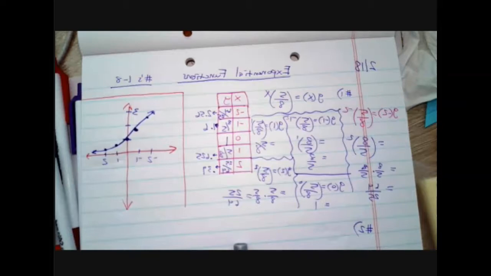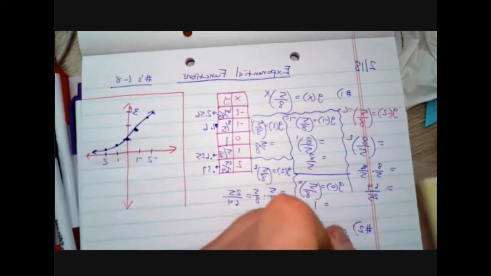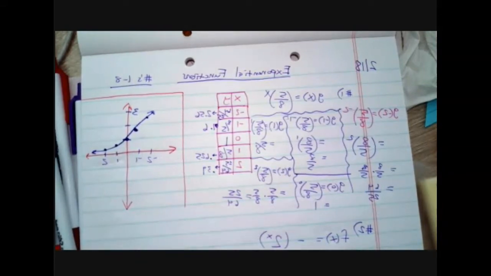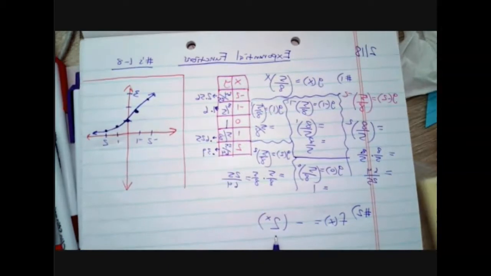Number 2 is f of x equals 2 to the -2 to the x power. Let me go back to it. Yeah, guys, that -2 making the base negative is going to make it flip down over the x-axis. So one thing I can advise you on this one is you might want to think of it like this, where you raise, because basically you have to,